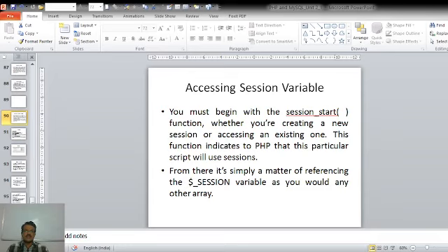And from there, it is simply a matter of referencing the $_SESSION variable as you would do with any other array. So in order to access the session variable values, first we must begin with the session_start function, irrespective of whether we are creating a new session or accessing the existing one.